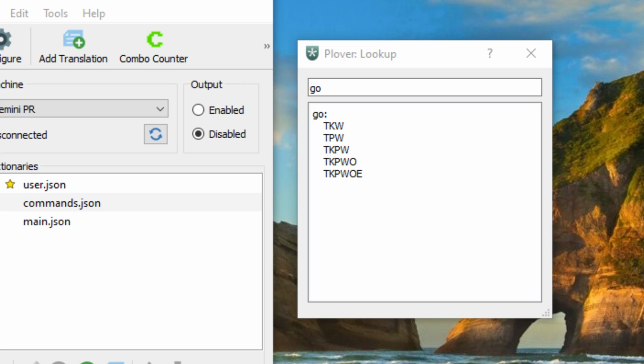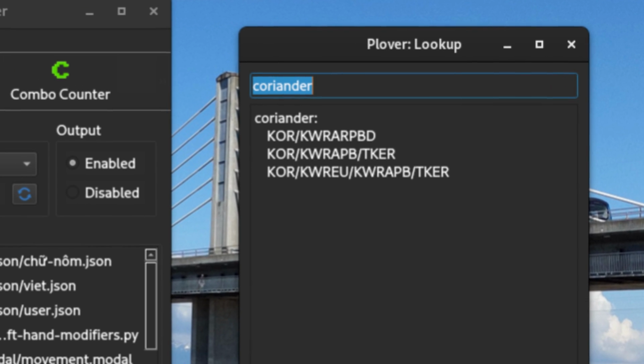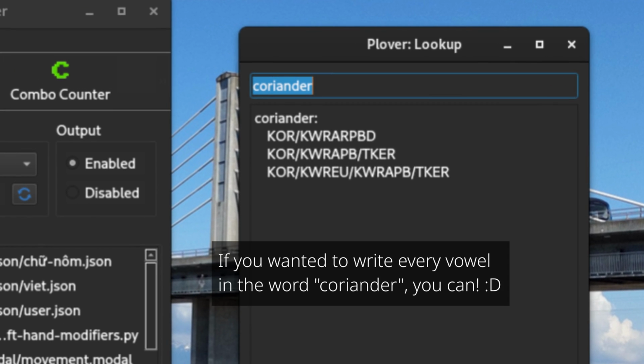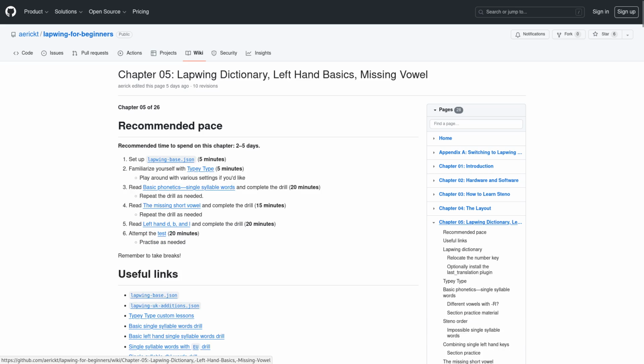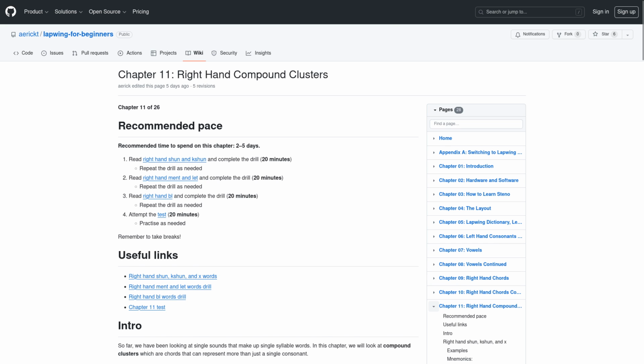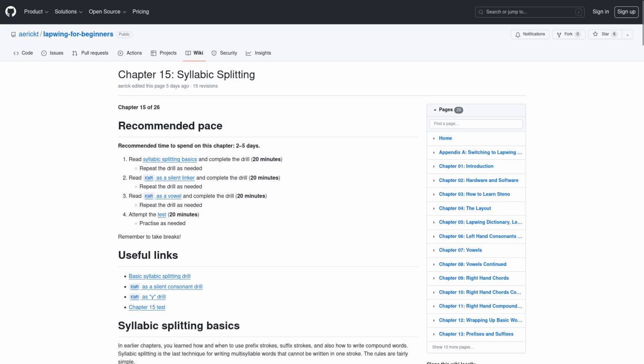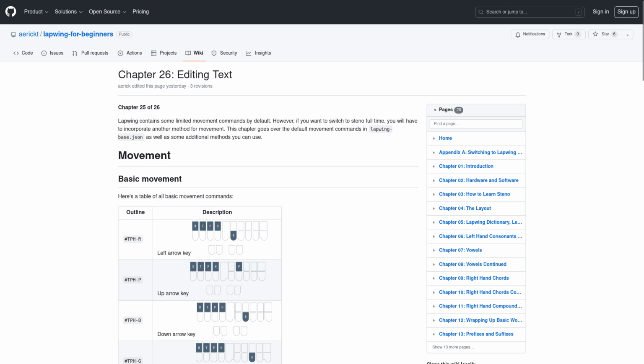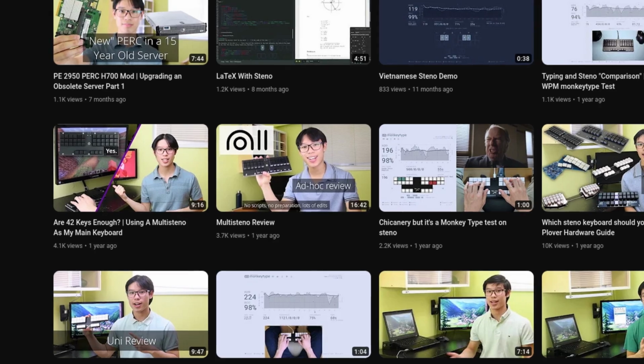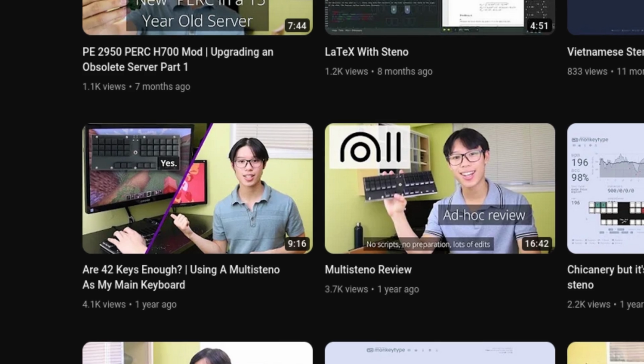Lapwing also does not include misstroke entries and does not rely heavily on dropping unstressed vowels in the writeouts. This makes it easier for learners. There's also a more complete learning resource available. The Lapwing for Beginners wiki not only goes over the basic concepts covered in Learn Plover and Art of Courting, but also more complicated topics such as multisyllable words and editing text. My goal with the wiki is to provide a path that will let you switch to steno full-time, just like I did last year. At the moment, it is not quite complete, but it contains almost everything you need to know to write English prose.